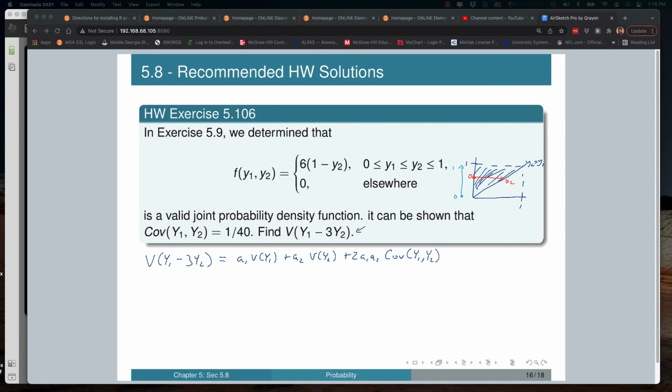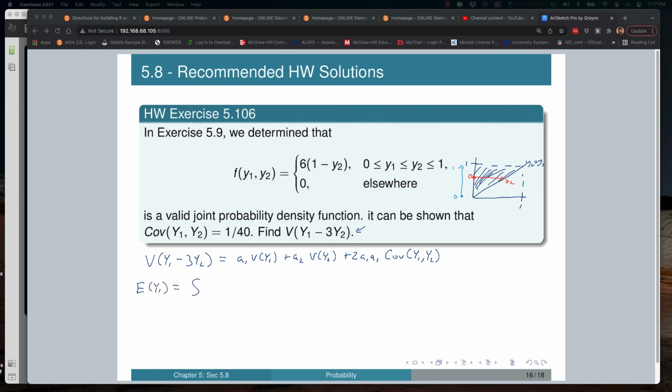All right, so we need the expected values and the variances, or the expected values of y sub 1 and y sub 2 as well as their squared counterparts to find the variances. If we were going to find the covariance, we would also need the expected value of y sub 1 times y sub 2 to get that calculation. So let's go ahead and start on this page with finding the expected value of y sub 1,